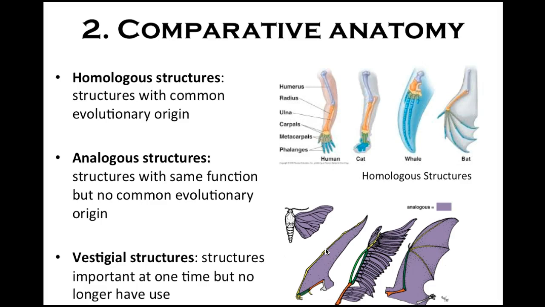An example of a vestigial structure that we talked about in the stations, which I did with most of you guys, is the appendix. An appendix is something most, if not everyone, has, and the only time you ever even notice your appendix is around is if it bursts. People who have their appendix burst, or it gets inflamed or infected, have to have it operated on. That's really the only time you ever notice your appendix. Otherwise, it just kind of sits in your body. It used to play a role in your digestive system. Early humans had slightly different diets, so the appendix used to be an important part of that, and no longer. Okay,